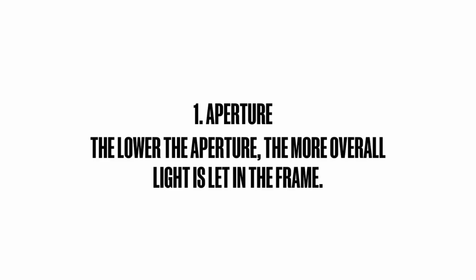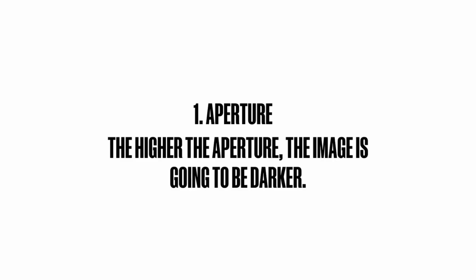First, we have aperture. The lower your aperture is, the more overall light it's going to let into the frame. So think the frame overall. It's all going to be lit differently. It's all going to be brighter. If you have a higher aperture, the entire image is going to be darker,